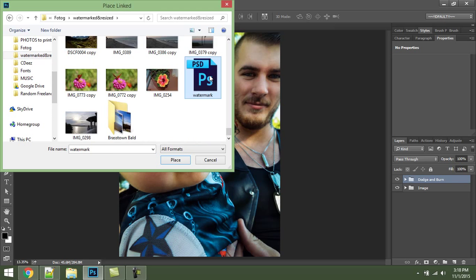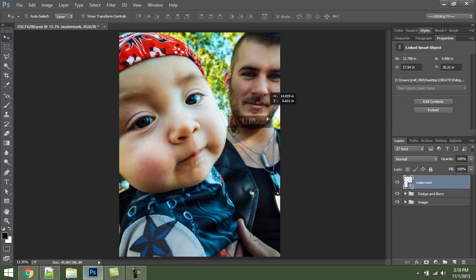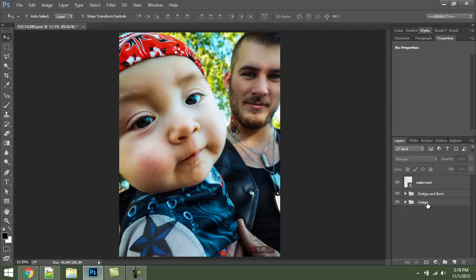So just navigate to the file that you want to place in to the image. In this case it's my watermark. Trying to find somewhere out of the way to put it. Doesn't draw too much attention. And in this case, I think I want to have this outside of the image, so